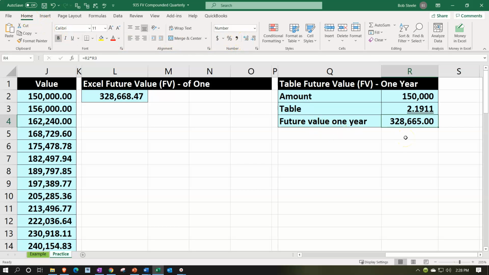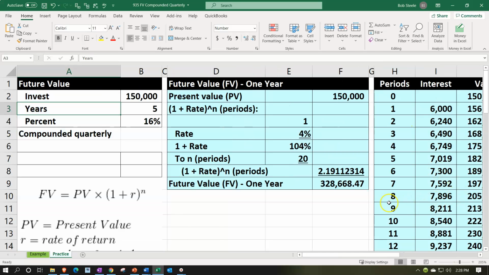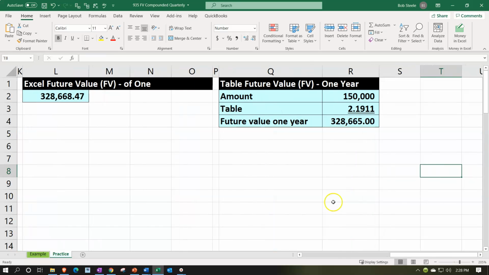We're at the 328,665, slightly different than the 328,668.47. That's due to the fact that we have rounding, this going out only to 4 digits. If we were to see how far it would go out after 4 digits or something closer, it would be something looking more like that, 2.19112314, instead of just cutting it off at the